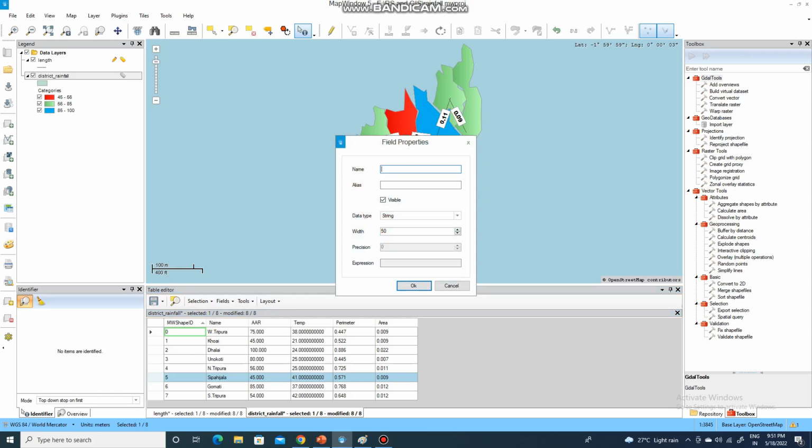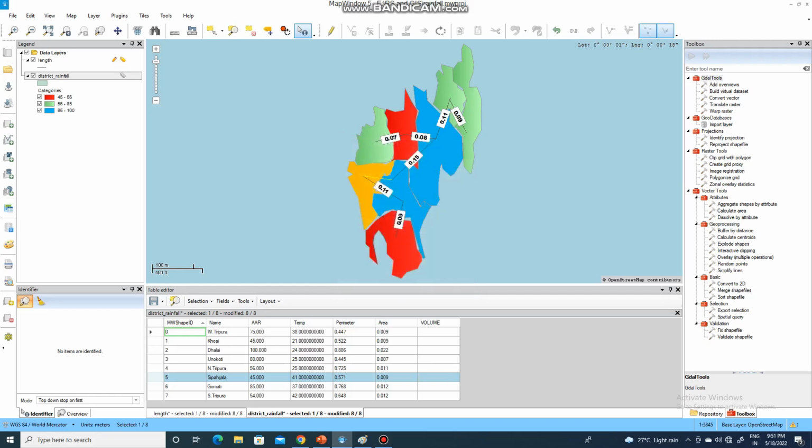Okay, and here you write profit. Good. This will be your volume field. Use the alias V only. This is visible, not a string, but a double, because there might be a fraction. And this is with 20 precision. No need for 10 fields, just use 3. Click on OK, and you see here a volume field is